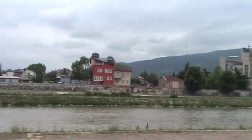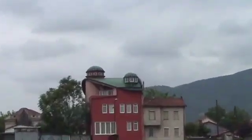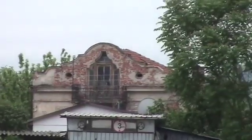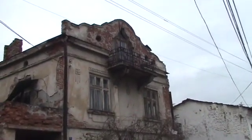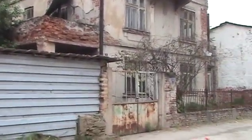My hostel is just a street down on the right. But I wanted to get a look at these cute little cupola-like things on top. And that building can't be too far from me. I'm going to find it out when I get over there. This would be a nice building for a guest house, I would think. Take a fair amount of